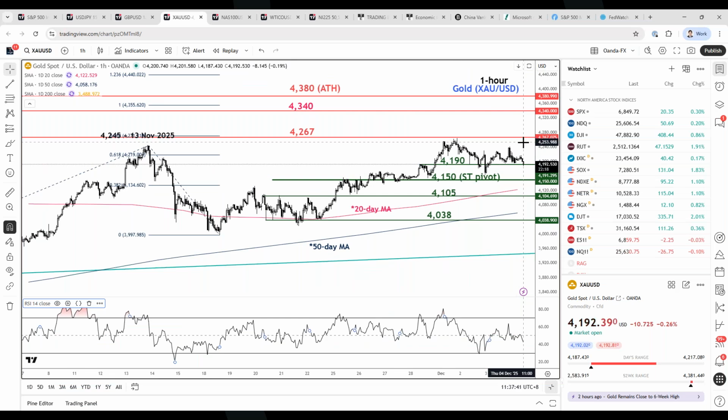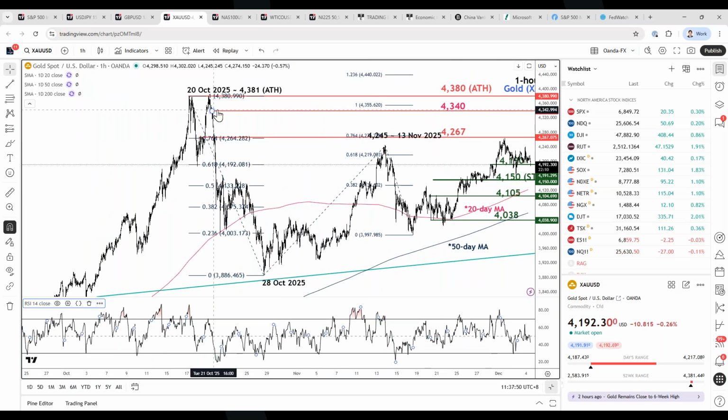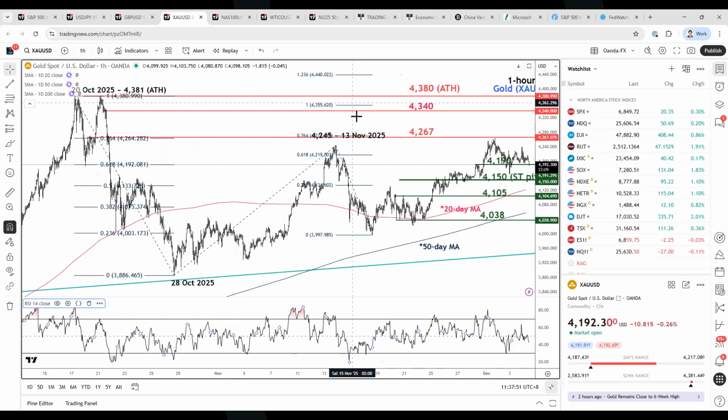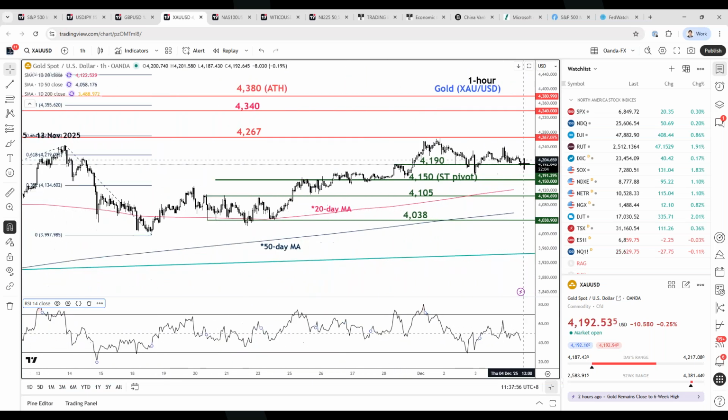Only a bullish breakout above 4,267 will increase the odds of a further recovery towards 4,310 next, which is the minor congestion area of 21st of October and the one-time Fibo extension taken from the low of 28th of October, very closely. However, a bearish breakdown below 4,150 will invalidate today's bullish bias view to see a deeper minor corrective pullback unfolding towards the next two support levels to watch, 4,105, followed by 4,038, which is a very key short-term